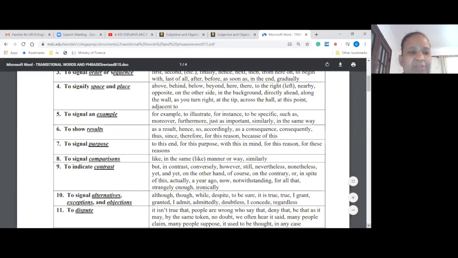7, you use the words to show purpose: for this purpose, with this in mind, for this reason, to this end. 8, use it to show comparisons. And 9, we see indicating contrast, which is another expository essay, our compare and our contrast. The comparison: like, in the same manner, similarly, or contrast: yet, in contrast, on the other hand, of course,